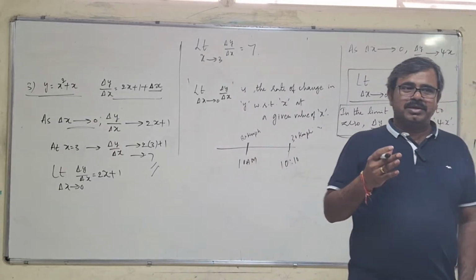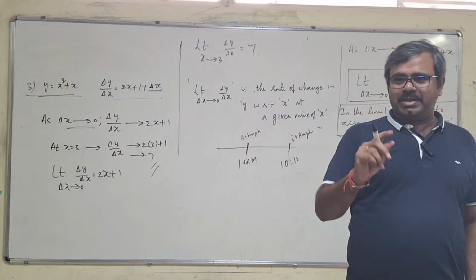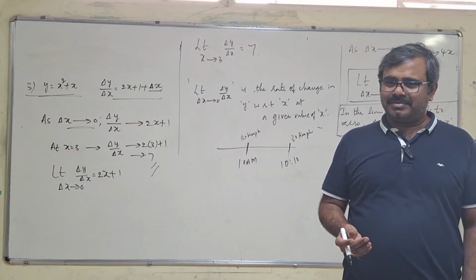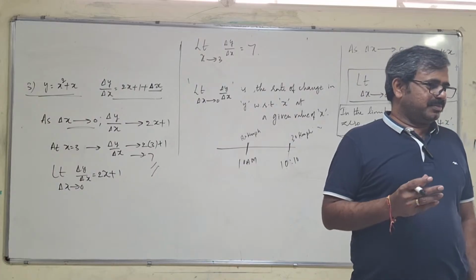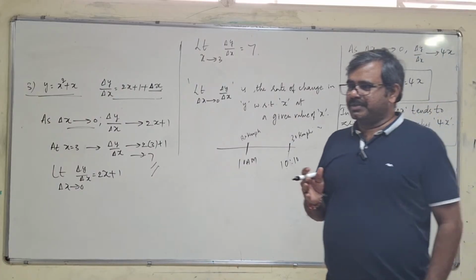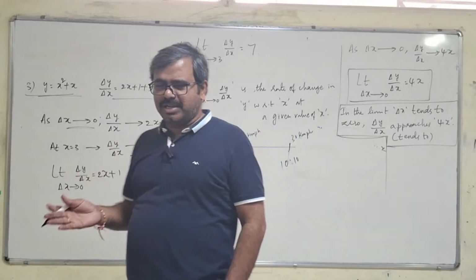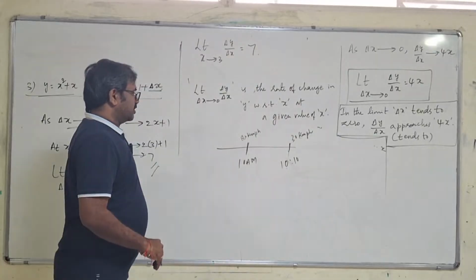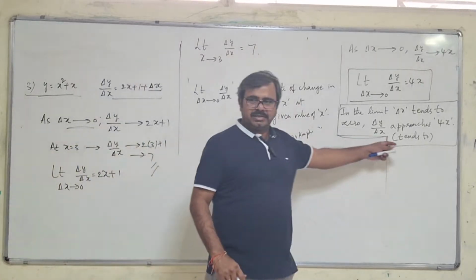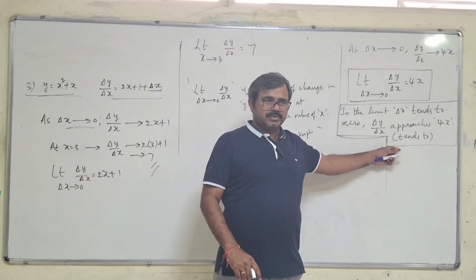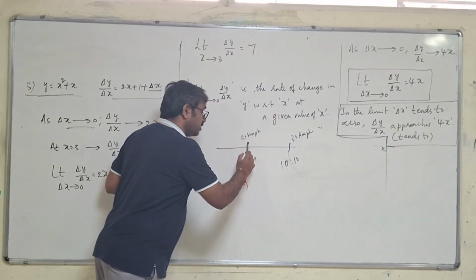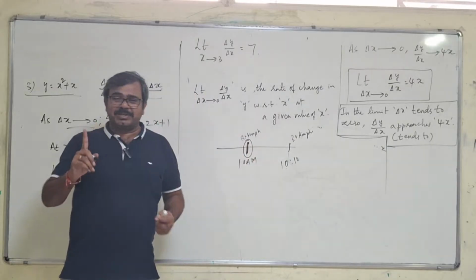Define speed. Distance covered in a unit time, or the rate of distance covered, isn't it? With respect to time. You understand what I'm saying? Speed is distance covered in a unit time, or the rate of distance covered, which is similar to what we are saying here. So what are we doing? We are finding the rate of distance covered at one particular instant of time,